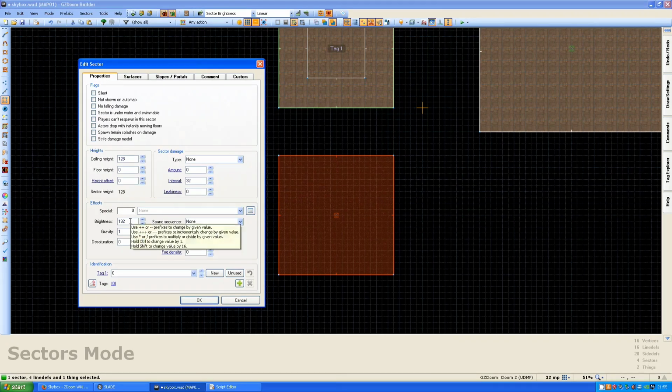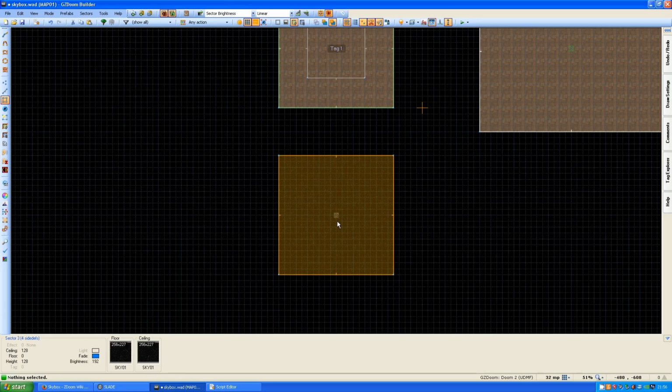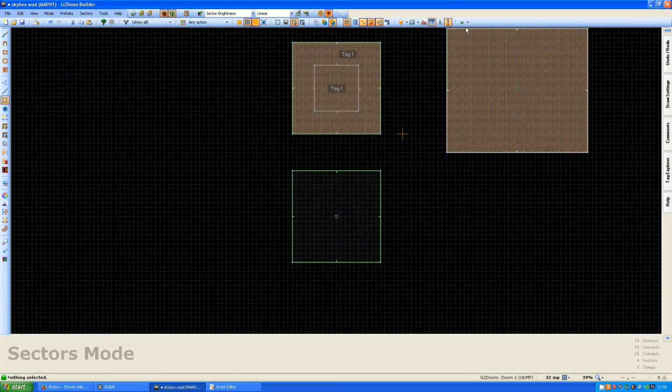And what we also want to make sure is our brightness isn't too bright. The brighter the sector is, the less the color fade is going to show up. So 192 brightness is absolutely fine for this. So we're going to go OK to that. And then if we go in game,